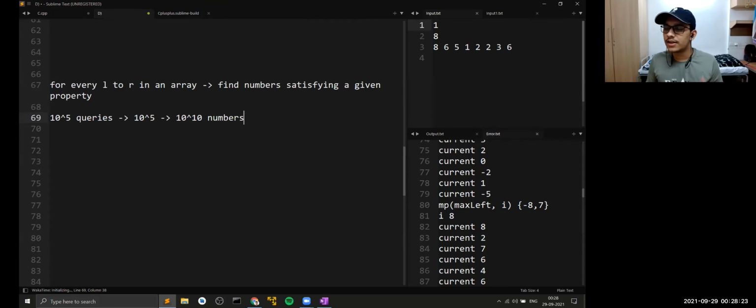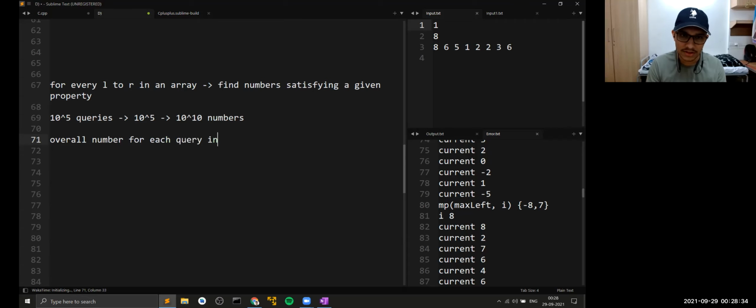But since you cannot print such a large amount of numbers, something that should come to your mind is that your overall number for each query on average will be less than or equal to 10, because otherwise you would be printing more than 10 to the power 6 numbers, right? So these are certain observations that are very important for harder problems, because they don't explicitly tell you that the output would be less or the number of outputs would be less.